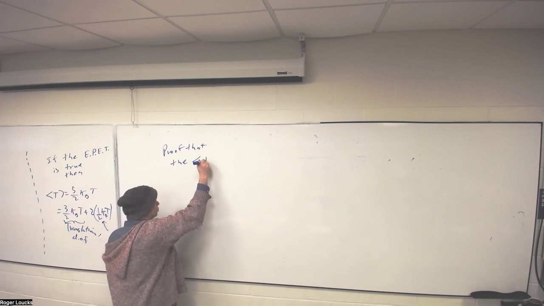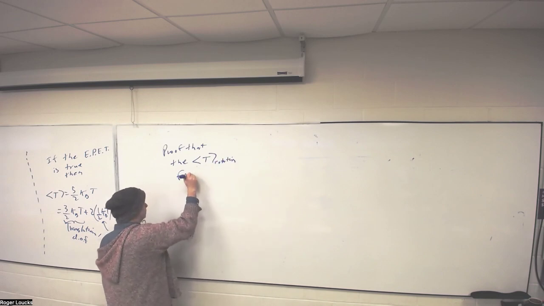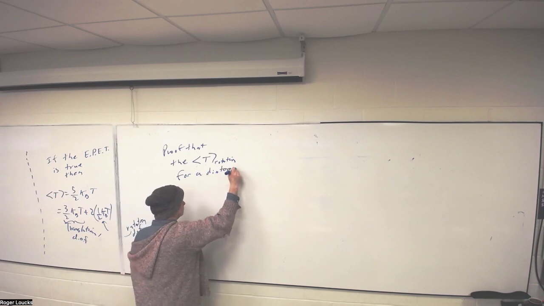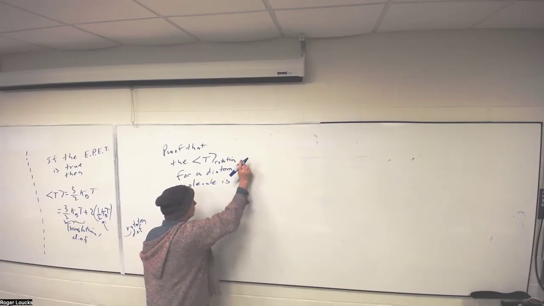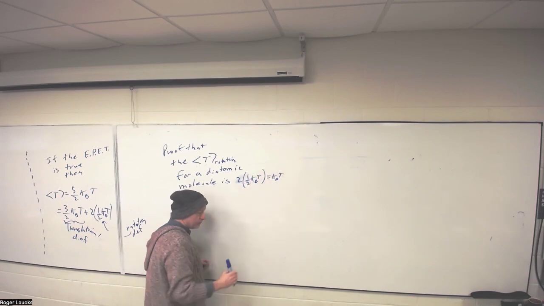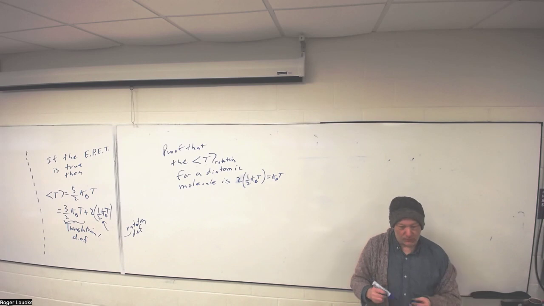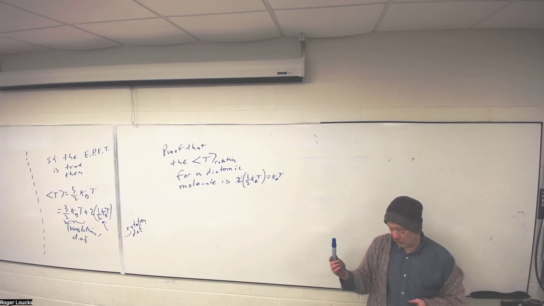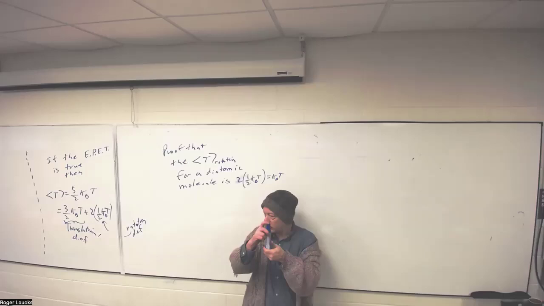That's the average kinetic energy for rotation, or for a dihydrogen molecule, 2 times 1/2 kBT plus kBT. Okay, the question is, how do we do this? Let's pretend that the molecule isn't moving like this, so it's just going to have rotational energy.